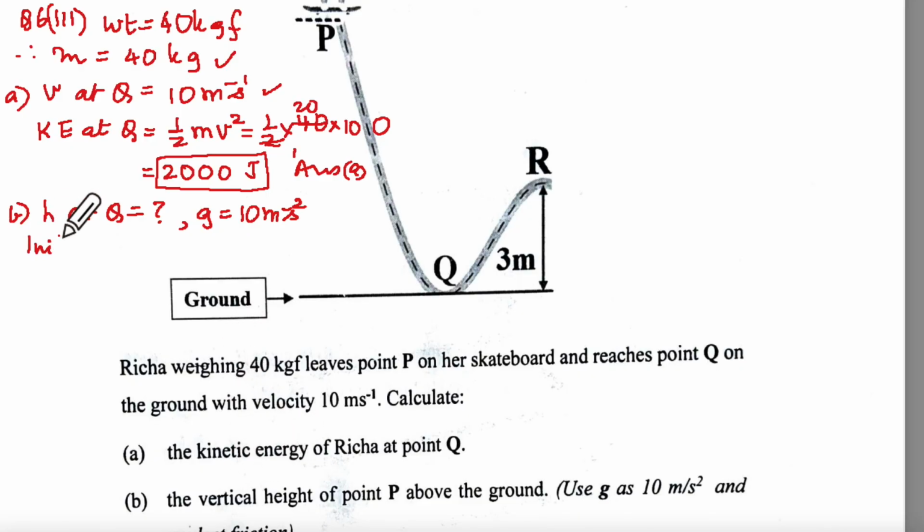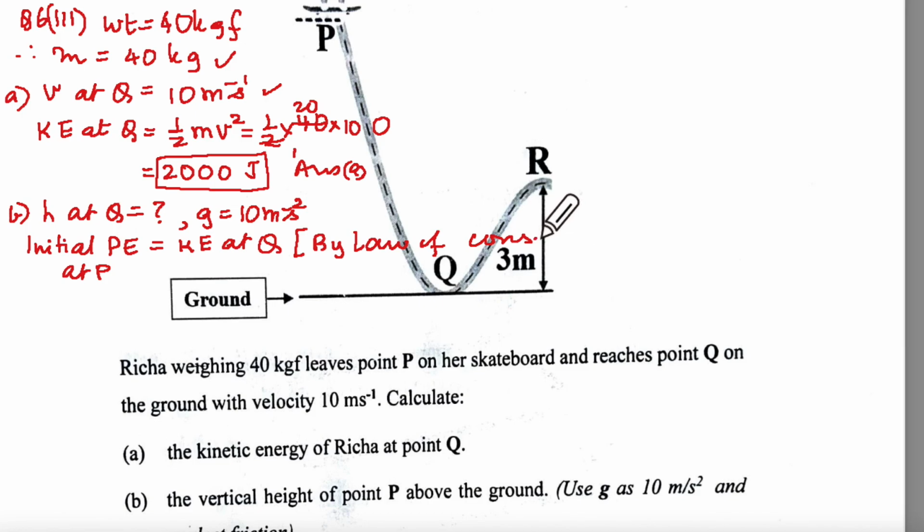The initial potential energy at P will be equal to the kinetic energy at Q. I hope you have written by law of conservation of energy. Your mgh will be equal to